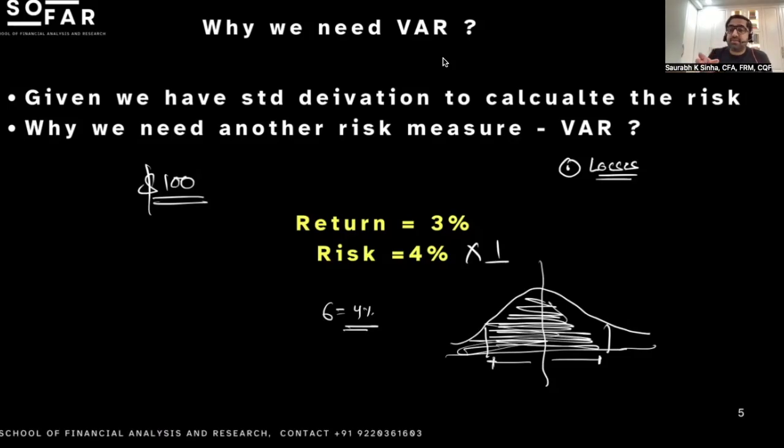And you're thinking, when I say risk 4%, the other person will understand it is 84%. The person who is naive is able to understand this is 84% confidence that I'm saying the standard deviation, the risk, is 4%. That is a very absurd assumption. So what you need to have in a risk measure for a naive person: first was losses. The second is,